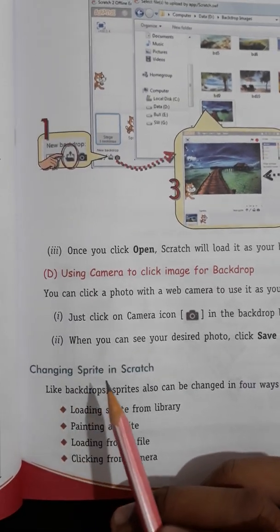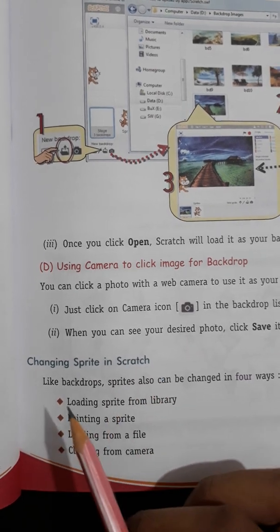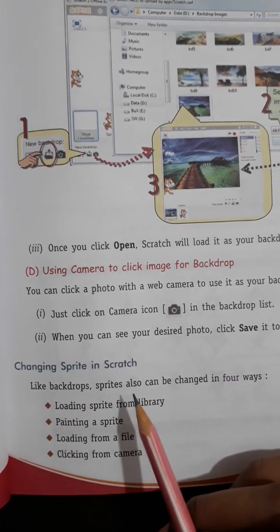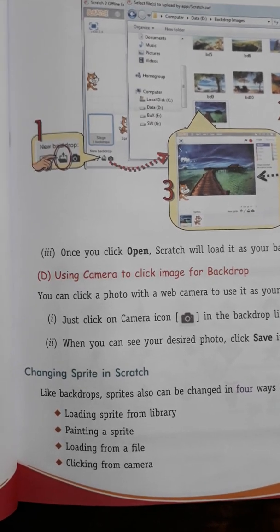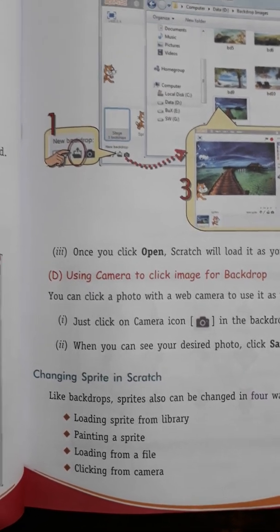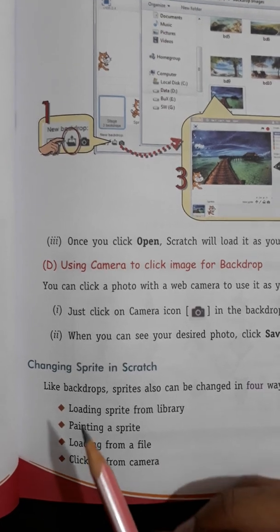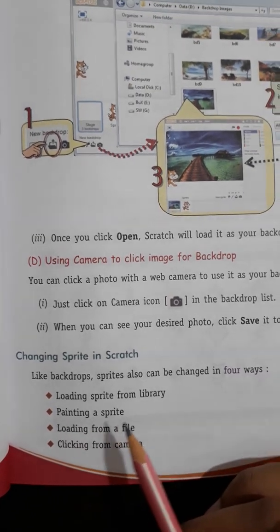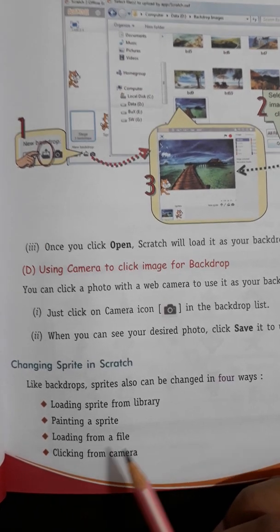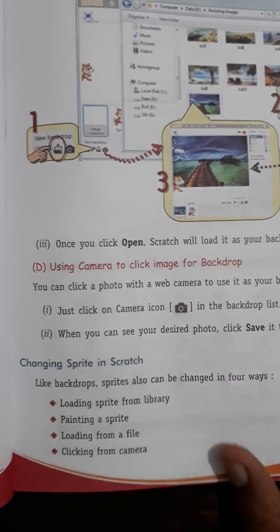Next, changing sprite in Scratch. Like backdrops, sprite also can be changed in 4 ways. Here are the same 4 ways like backdrop to change the sprite. Loading sprite from library, painting a sprite, loading from a file, clicking from camera.